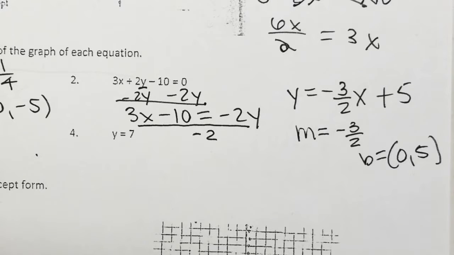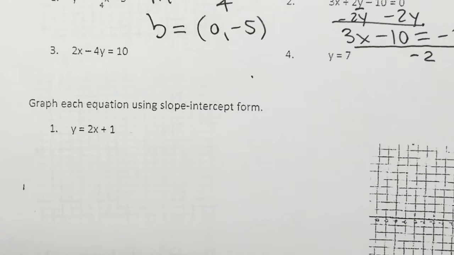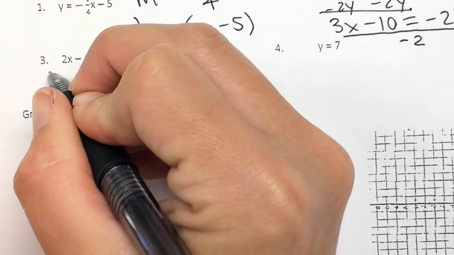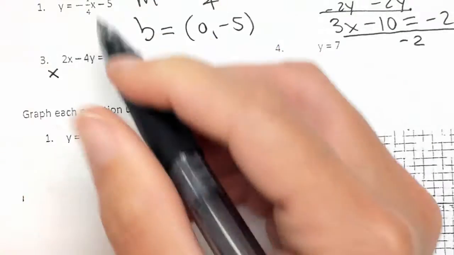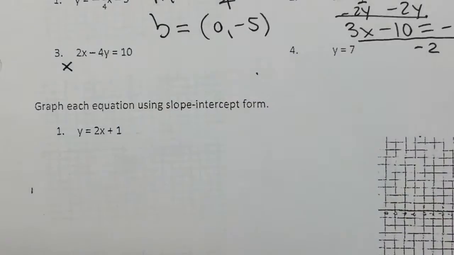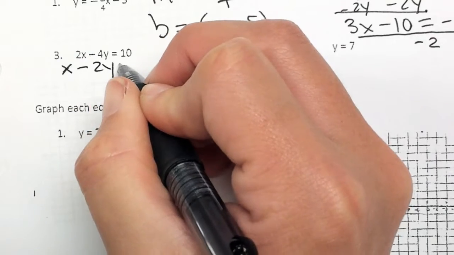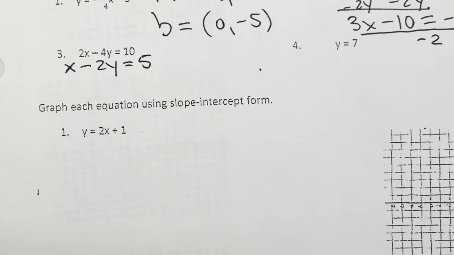So for number 3, is this in standard form? Is it? What do we need to do to make it in standard form? Good, divide by 2. That would give us what? X. Because all of these have something in common. Remember when we did standard form yesterday, if they had something in common, we had to simplify it first? So tell me what that would be. 2y equals 5. Good. Now it's in standard form, so I can use my formula for slope, which is negative